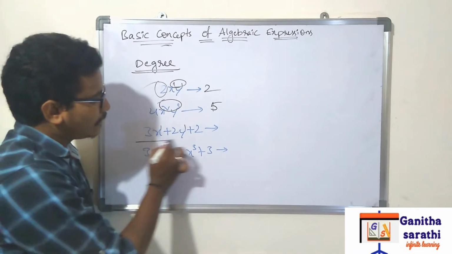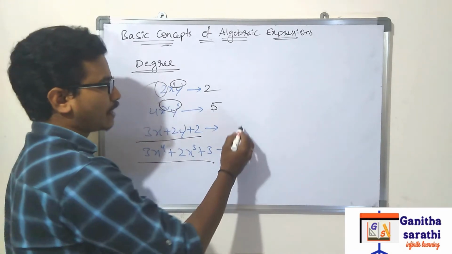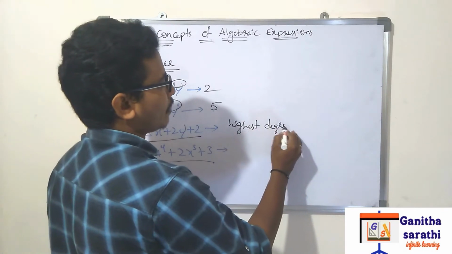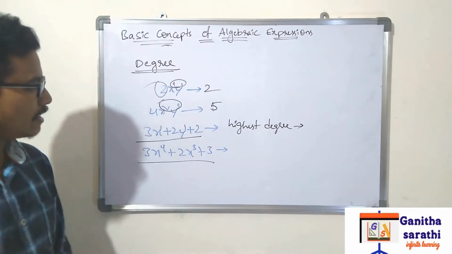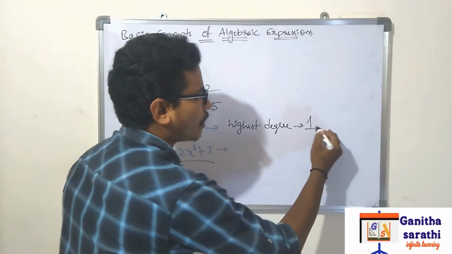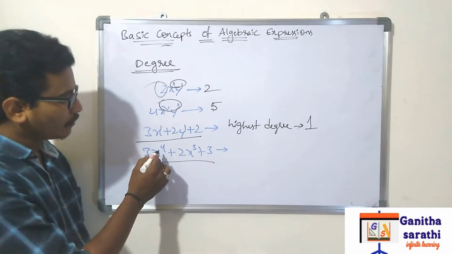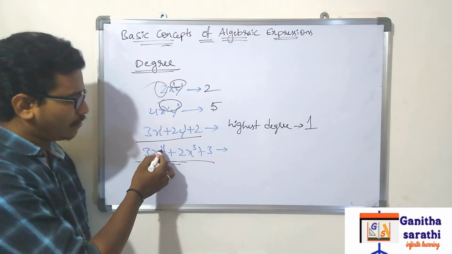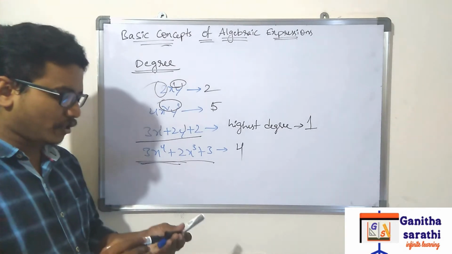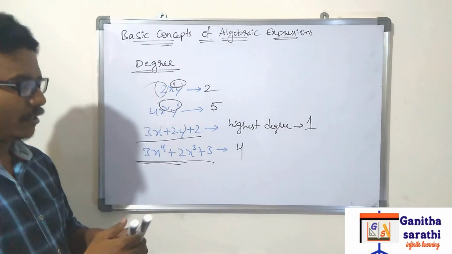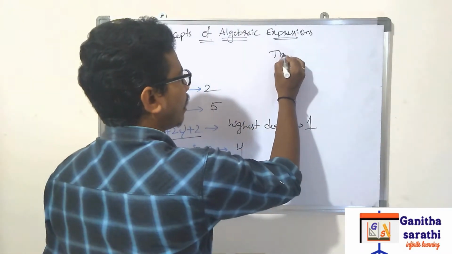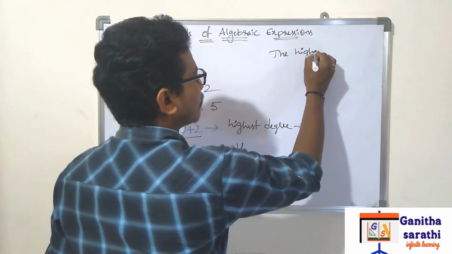See, whenever you are getting these kinds of expressions, you have to check the highest degree. What is the highest degree? Here also 1, here also 1, so the highest degree you can take as 1. Here what is the highest degree? 4. So the degree of the expression is 4. Understood? So the degree of a polynomial, or an algebraic expression, you can define as the highest degree